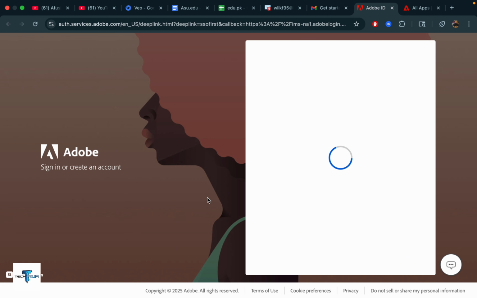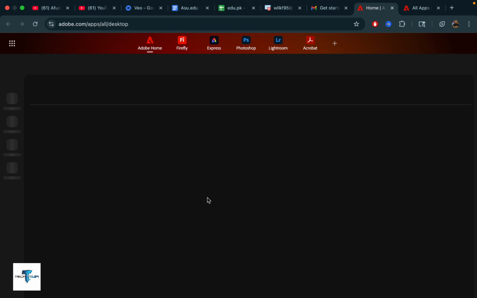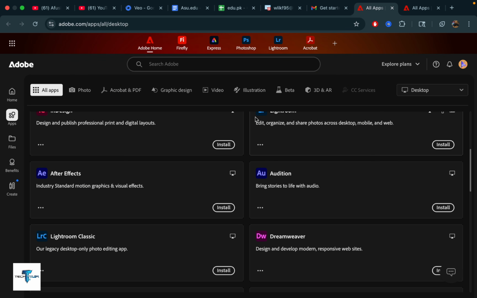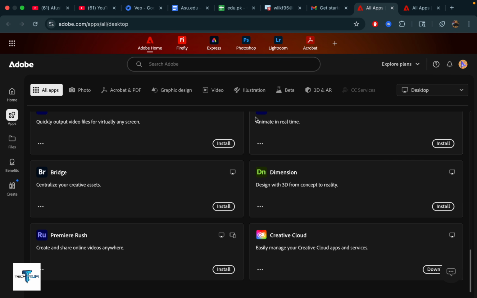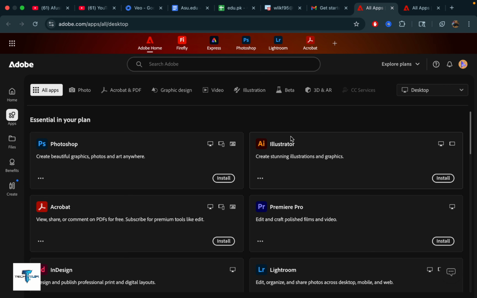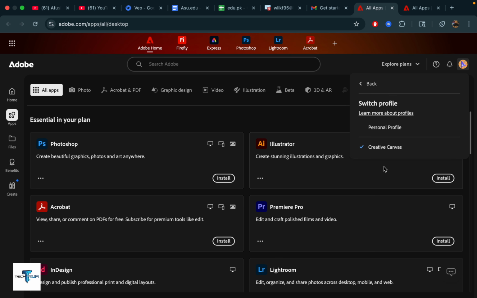and Adobe will automatically go to the account of plan, so it will directly go into the account. And this is our account, and here are all the apps, you can download them also. There is no limitation for 1 month, you can use them unlimited. And now you have to switch your profile. This is the switch profile, Creative Canvas, and this is the institute for enterprise. If you go there, you will get the enterprise subscription,